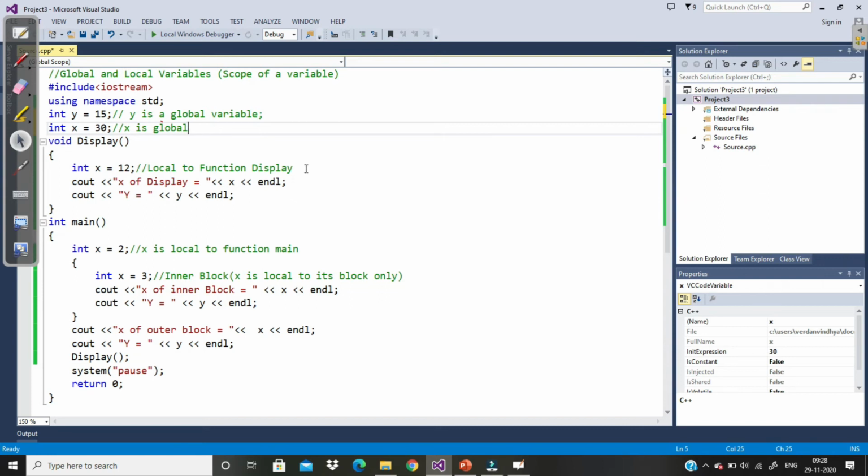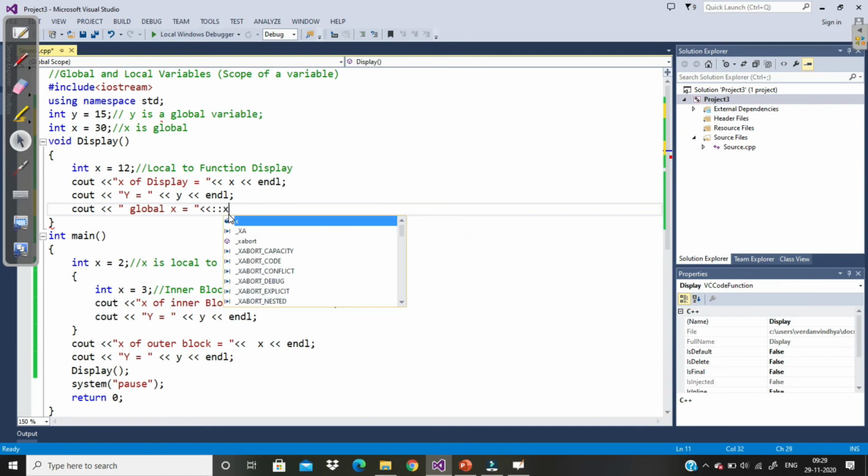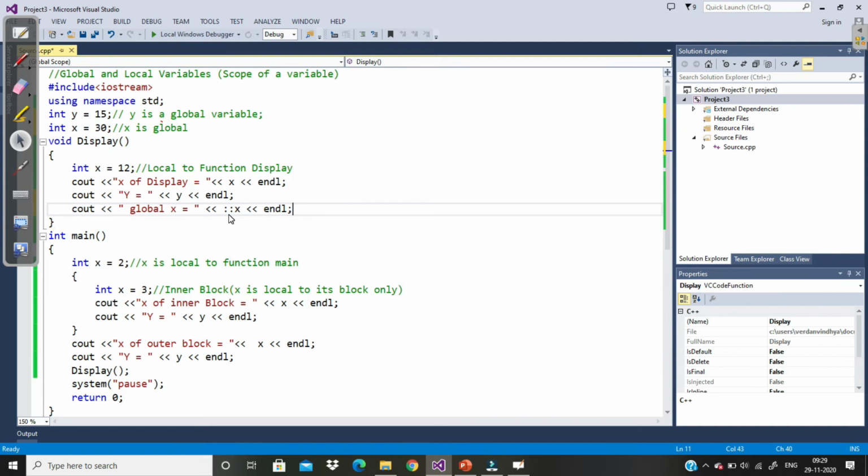If you want to access global x, then you should use the scope resolution operator. So global x is equal to, when I access x with this operator, this is called the scope resolution operator, then it is going to give me the value of global x. Anywhere in the program I can access it.